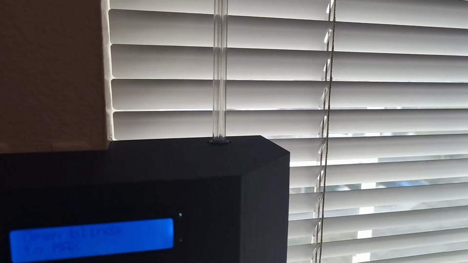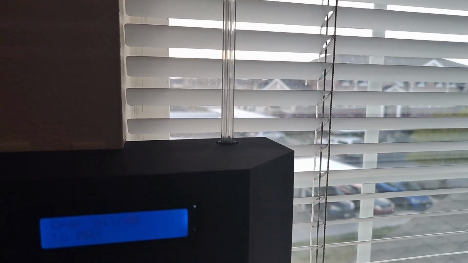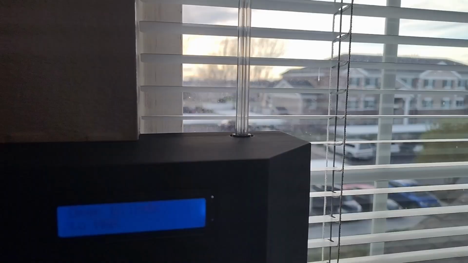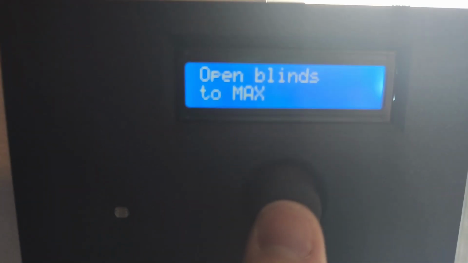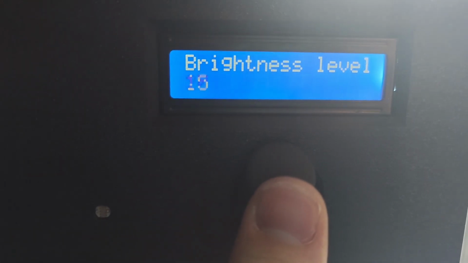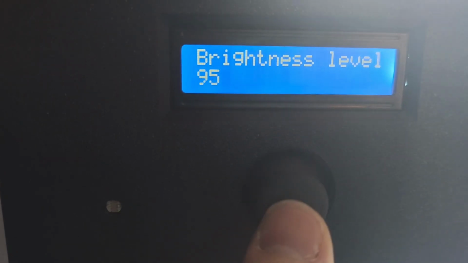And once those boundaries are set, it sets the closed position as a 0 point. So no matter which way you're opening the blinds, it's always seeking towards a 0 if it's being told to close. After you set the open and close position, it'll ask you to adjust the brightness, and it sets the brightness on a scale from 0 to 100, and 100 is the most light through,